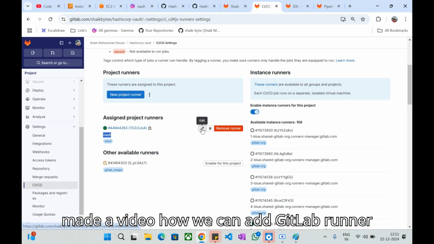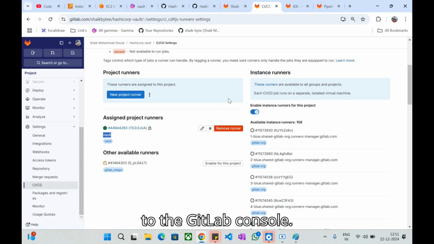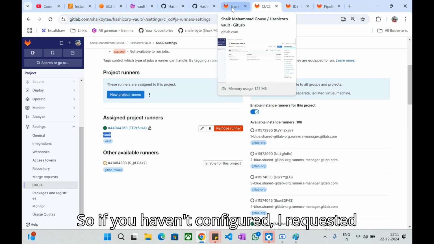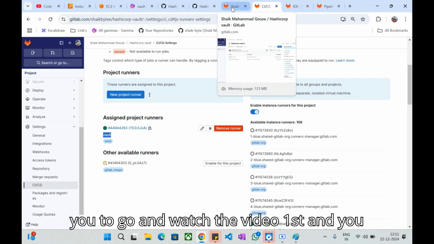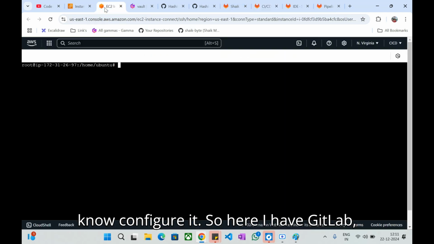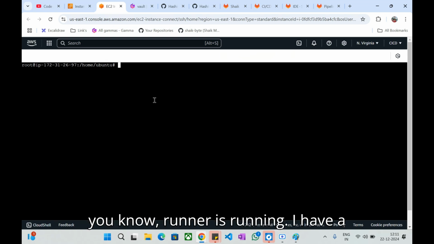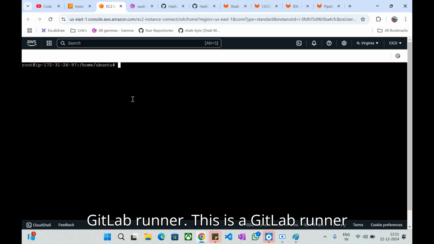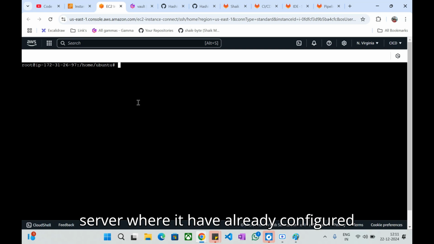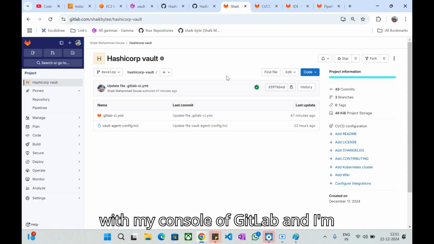So I already made a video on how you can add a GitLab runner to the GitLab console. If you haven't configured it, I request you to go and watch that video first and configure it. So here I have a GitLab runner running. This is a GitLab runner server, which is already configured with my GitLab console, and I'm going to